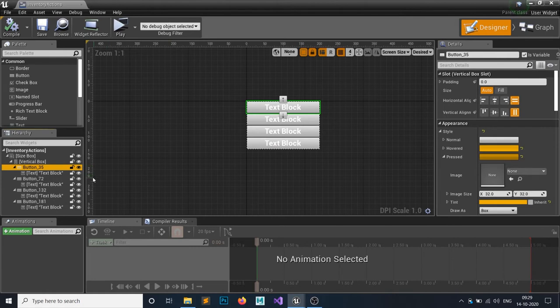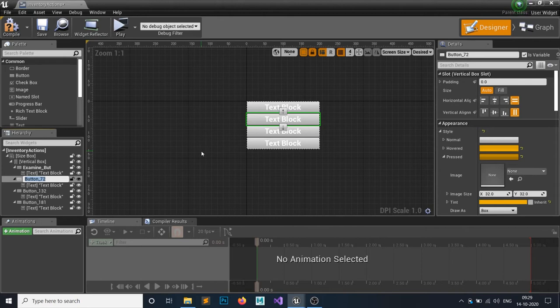And obviously we want to name things properly. For me, the first button would be the examine button, so examine underscore button. Then for the second one, just click on this and hit F2, so you can rename it. That's a simple thing.